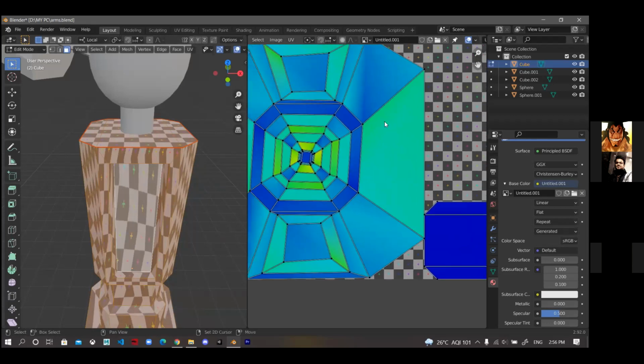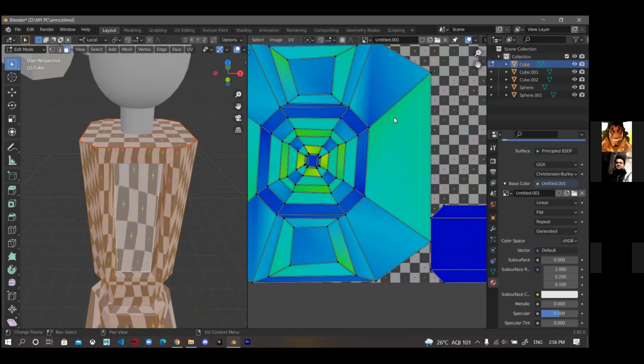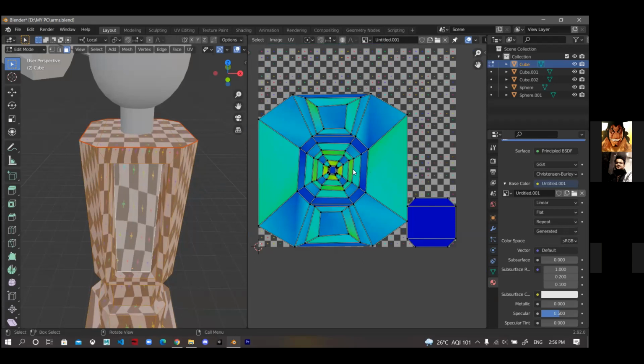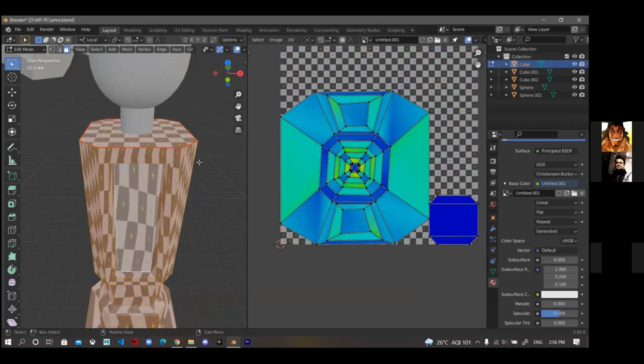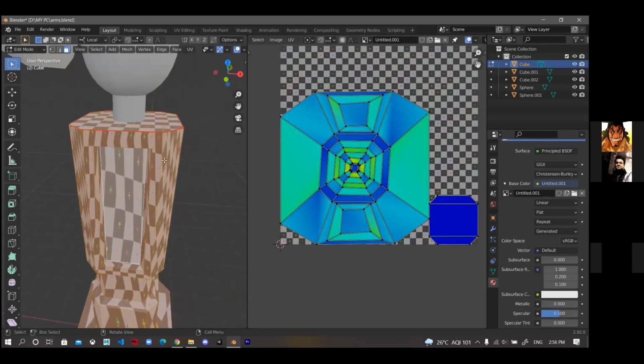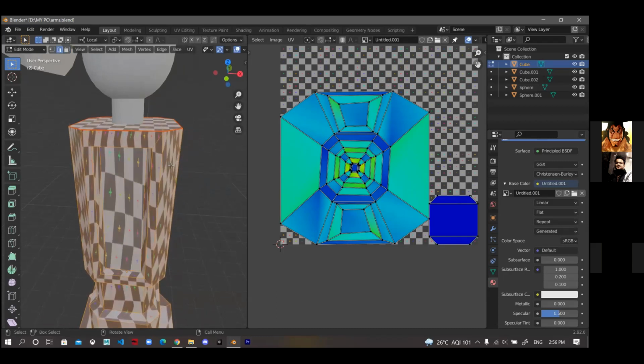Any color which is not blue shows that there is stretching. The extent of stretching can be known by the color: if it goes red, then the stretching is high. So we have to remove all this stretching by marking seams correctly.